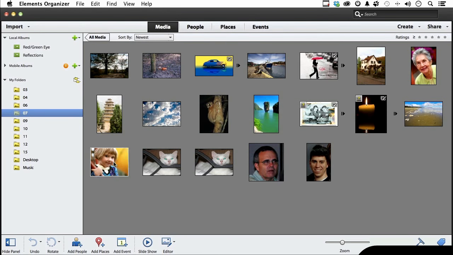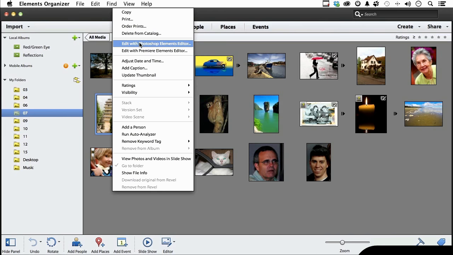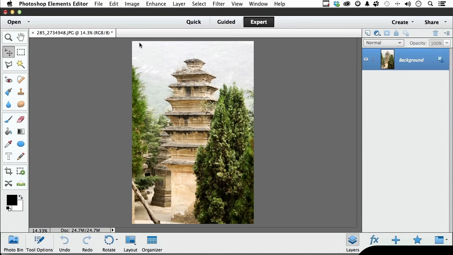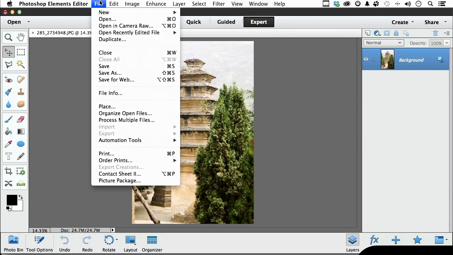Let's select this guy right here in folder 7. I'm going to right-click and open it up. Nice image. I want to save it. Well, it's already saved. I understand that. If we go up to the word File and go down to Save As,